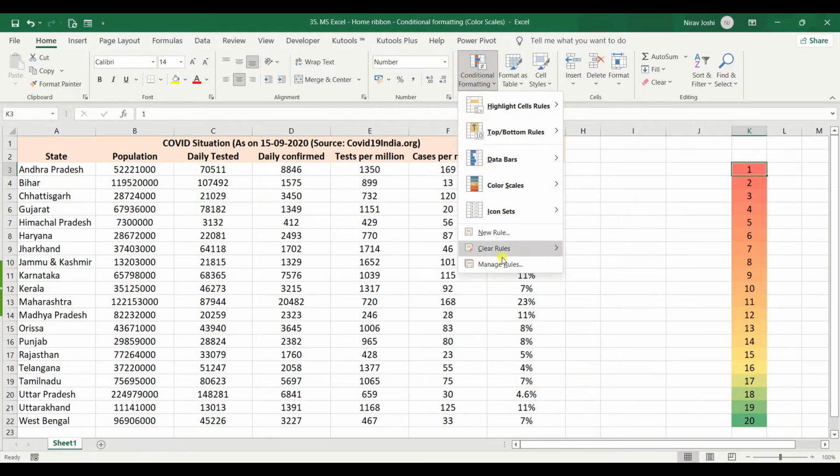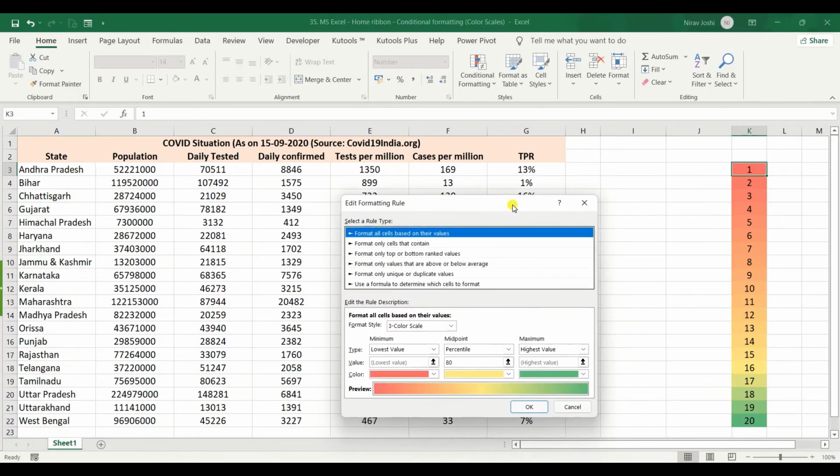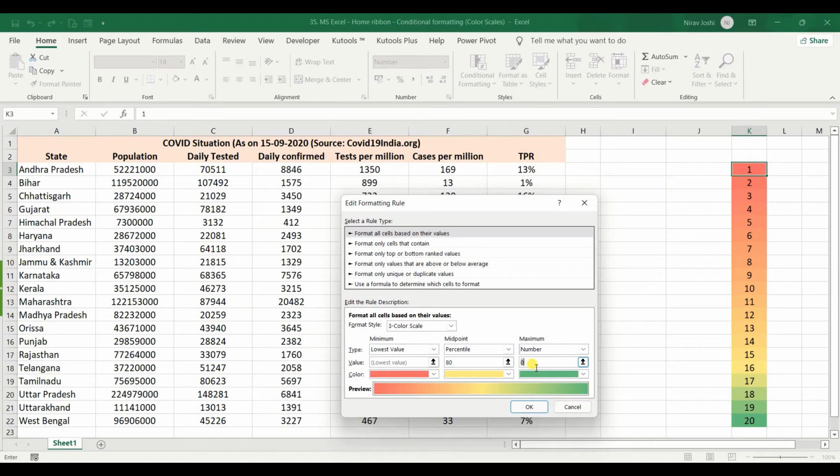Now, one additional thing that we need to consider here is, when we change highest or lowest value for a particular range in 3 color scale, we need to have the same parameter for midpoint as well. Suppose I want to have 15 as highest number.